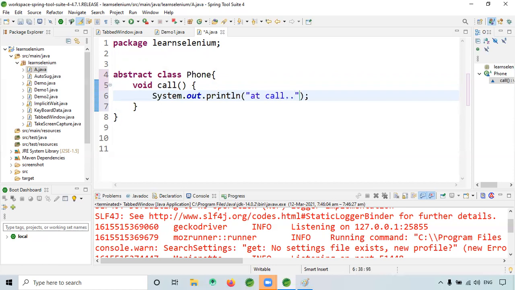Now let's say this is a basic phone. So in the basic phone, the calling feature is there.